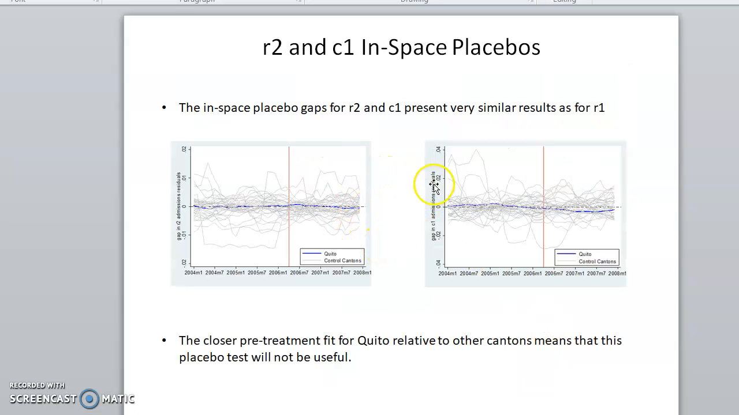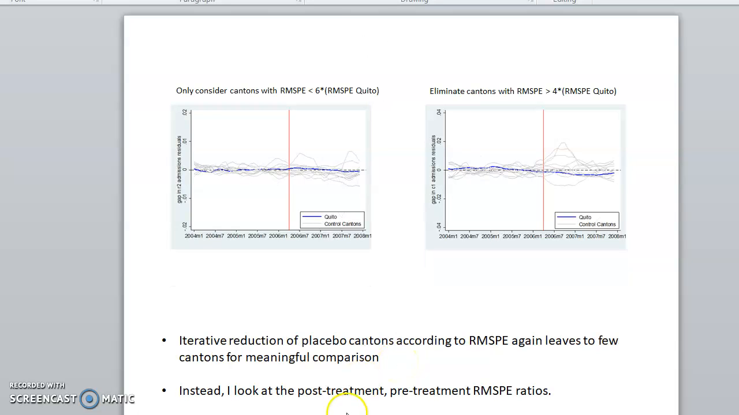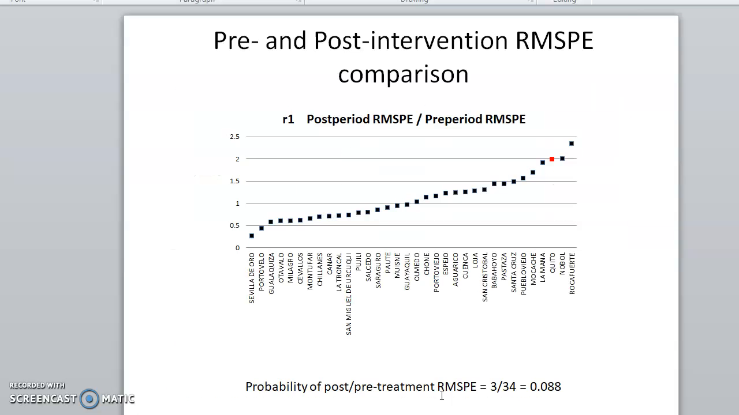And the same thing happens when I run these in-space placebo gaps for R2 and for C1. So instead of doing this, I look at another placebo experiment that is presented mainly in Abadie 2015. What they do there is compare the post-intervention RMSPE to the pre-intervention, so it's a ratio. And we would expect the treated unit, Quito, to have a very high ratio because the